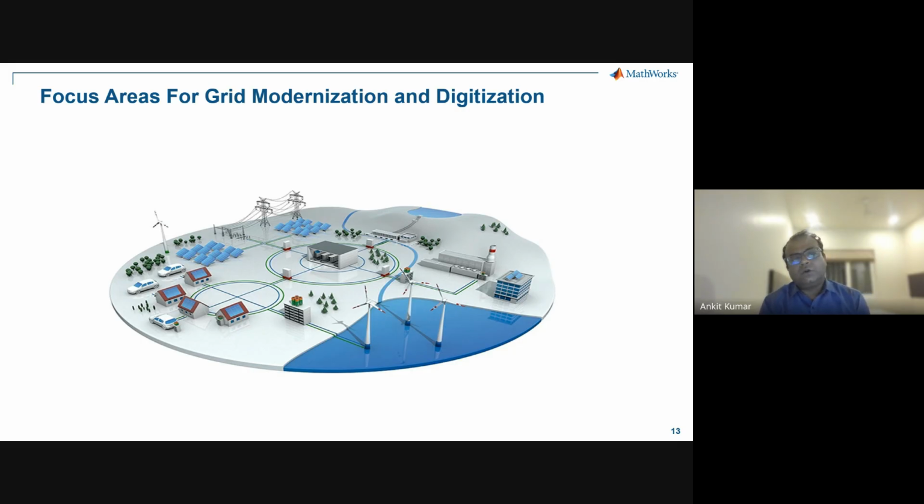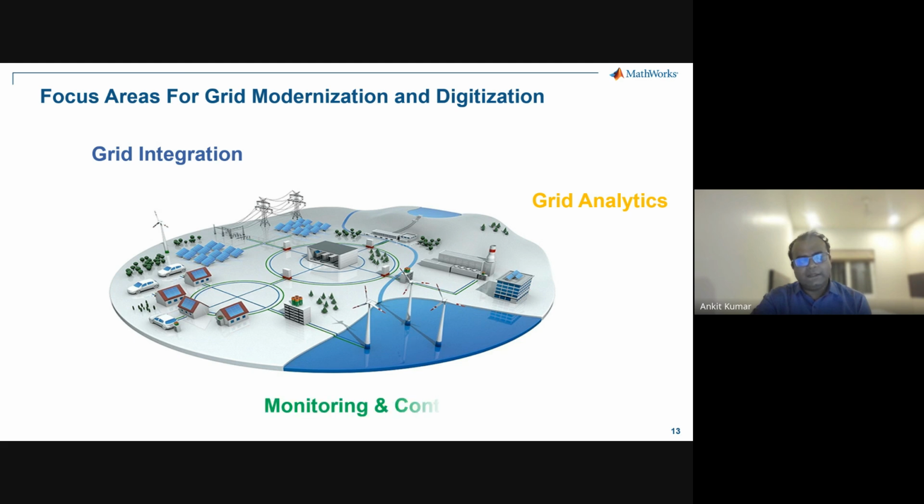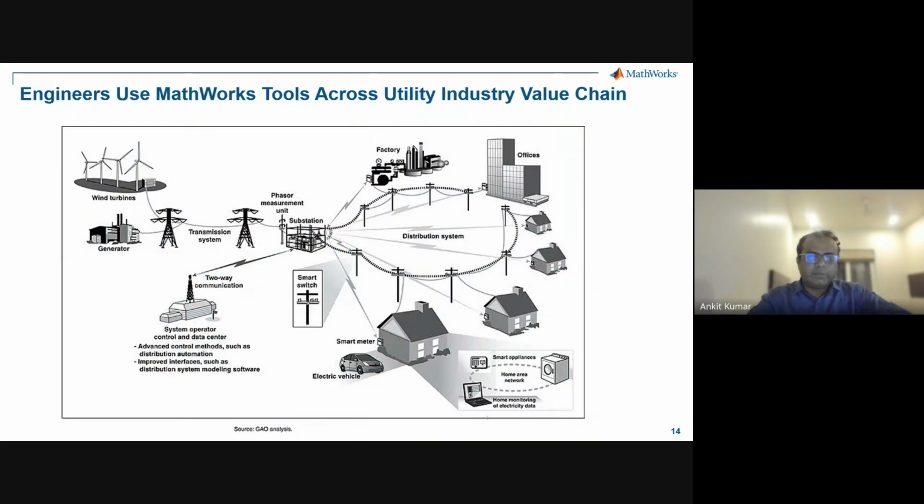Now come to the focus area of grid modernization and digitalization. In the solar system, grid integration is the major issue. Then you have grid analytics, and monitoring and control. Today we will focus on grid analytics, which is the important part in solar cell modeling systems. In any microgrid operation, these three things are the major issues: how to do grid integration, grid analytics, and monitoring and control. This is a typical